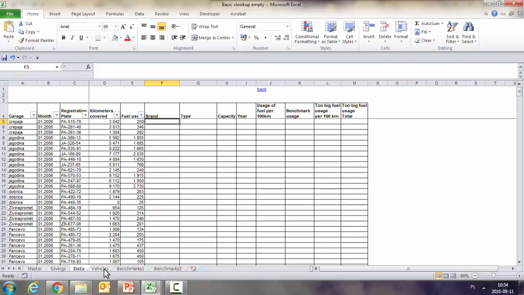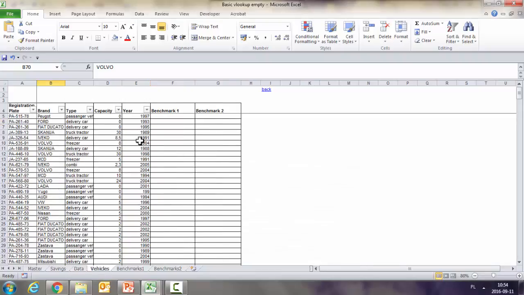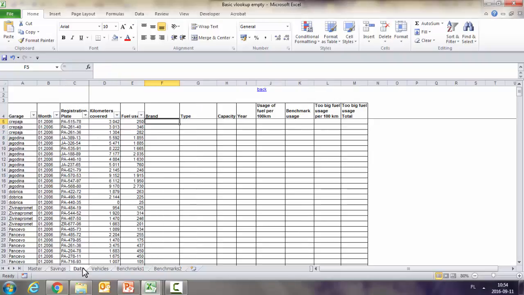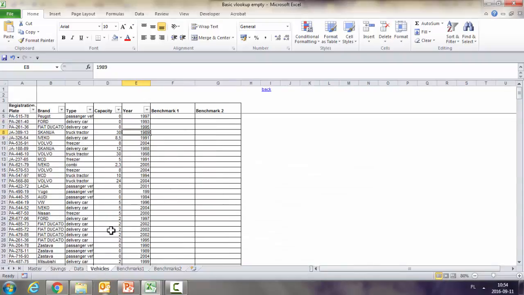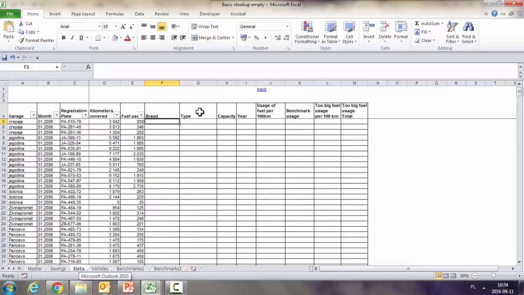And in the next sheet, we've got the vehicles, so the description of the whole vehicles. So in this case, we know what was the specific car brand, type, and then what is the capacity of the car, which year it was produced. What we want to get here now is to get the brand and the type from vehicles, so from here to this data sheet, because we're going to use it further on at the end of the section for very